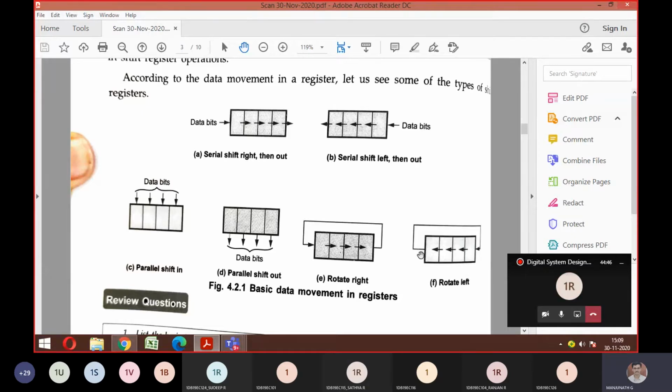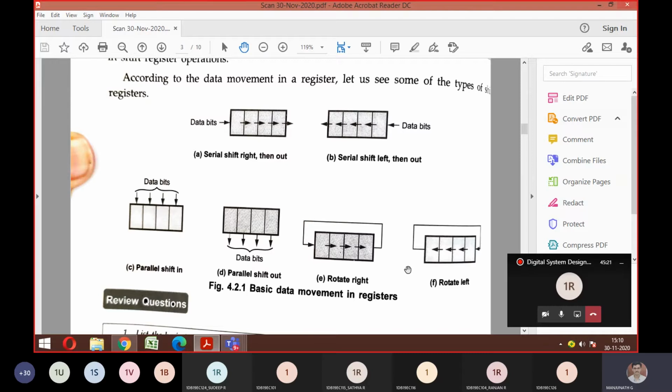Okay, so you have an idea about this. Serial input means how it happens towards the left-hand side and towards the right-hand side. Then the concept of parallel and rotate operations. Now the next part left in shift registers is the types. What are the different types of shift registers we have? I'll just brush over it, then we'll go one by one. This is something you are going to do in the laboratory. This is what we discussed now: types of shift registers.